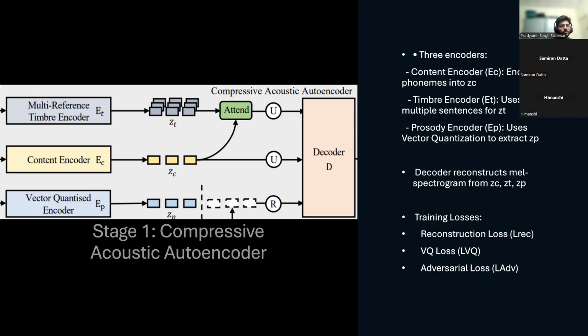I think I have clearly expressed my idea that Mega-TTS2's goal is to compress the speech into three separate representations, which are ZT, ZC, and ZP. Then it will combine them and give them to the decoder. First, all the audio files will be converted into a MEL spectrogram, and then this spectrogram will be given to generate our data set. In the output also, we will have a MEL spectrogram. In the previous slide, as you can see, we have a MEL spectrogram, and then it can be converted to audio.